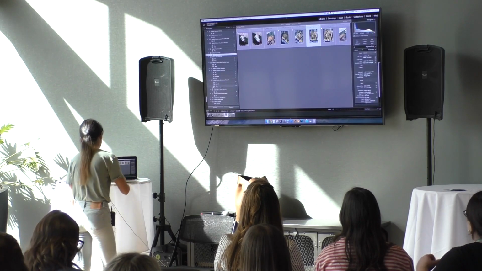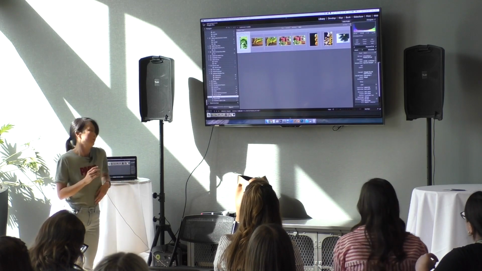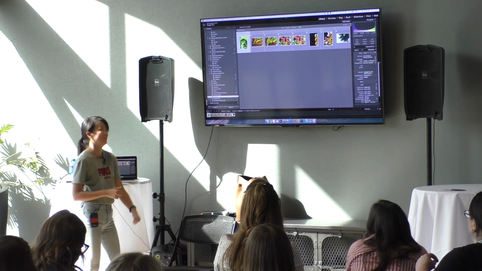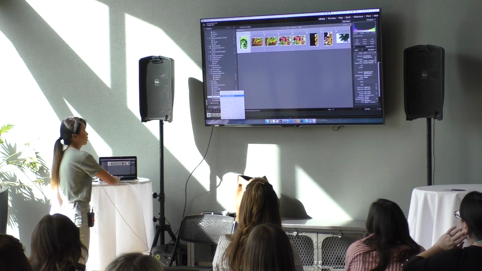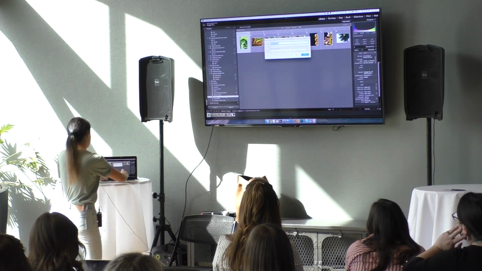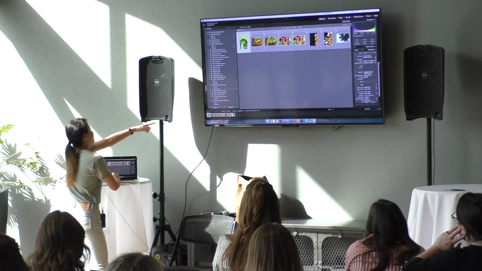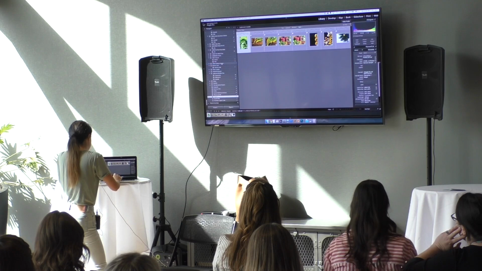So yes, after you create a collection, there's one more thing. You can only put photos in the collection, but there's another thing called a collection set. The concept is kind of like creating a folder. When you create a collection set, say I name it Melissa's veggies, it creates a folder here that you can put your collection underneath.